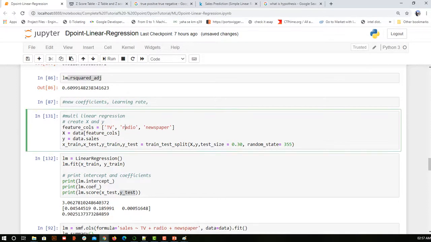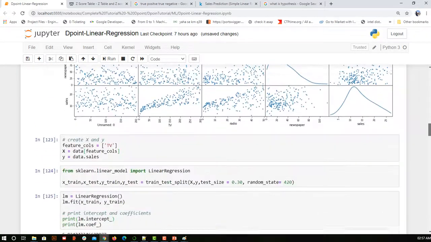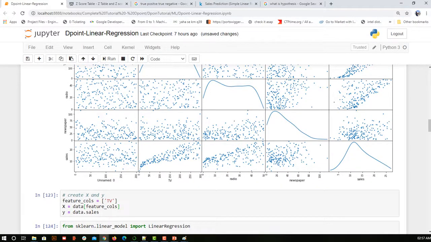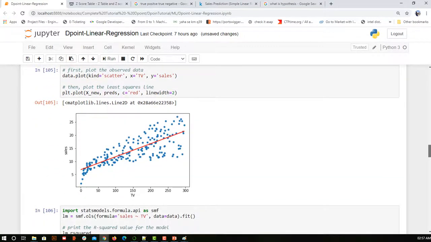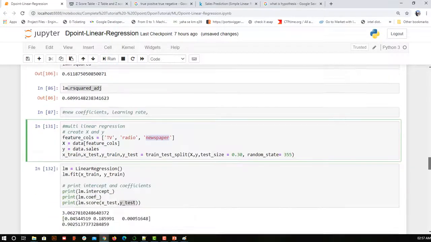Why? Because we have all the correct data that we needed for predicting. In the normal data set that we were given, the sales was dependent on TV, radio and newspaper as well. If you see the graph, TV is contributing because it has a good relation. Similarly radio is contributing, but newspaper is not contributing that much. So is there any effect if I remove newspaper? Let me see that as well.